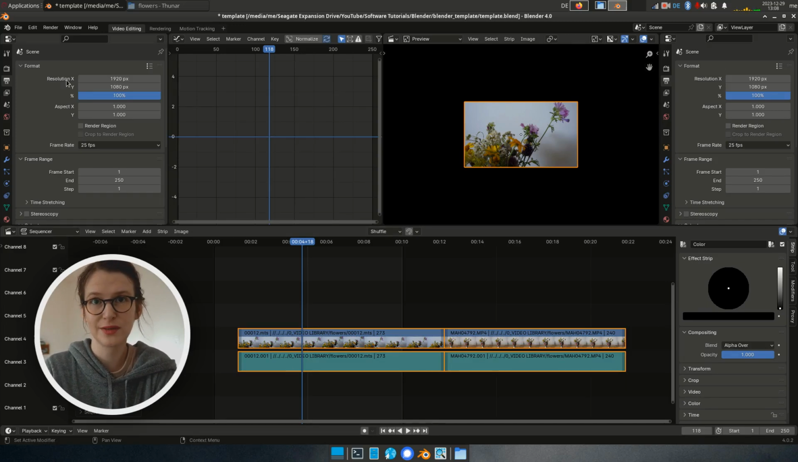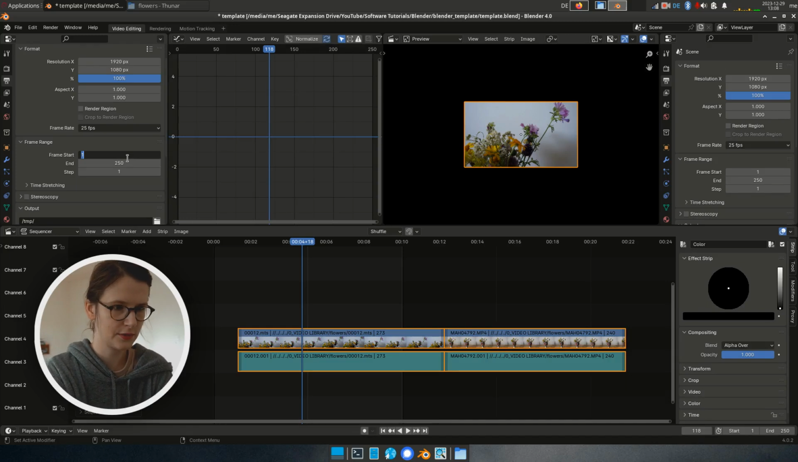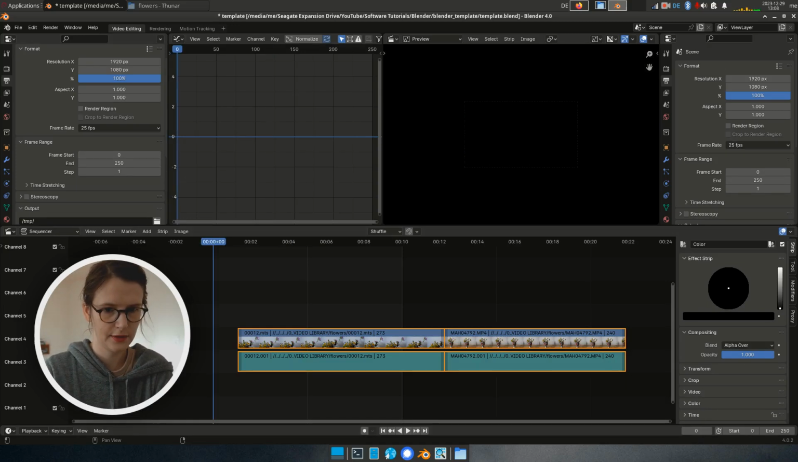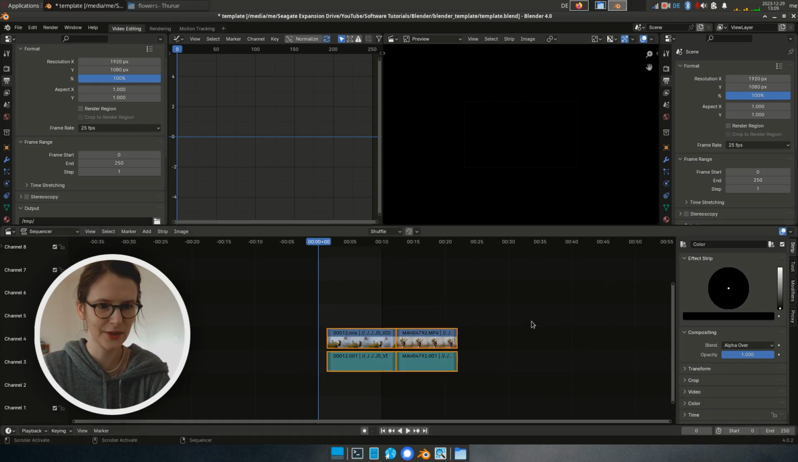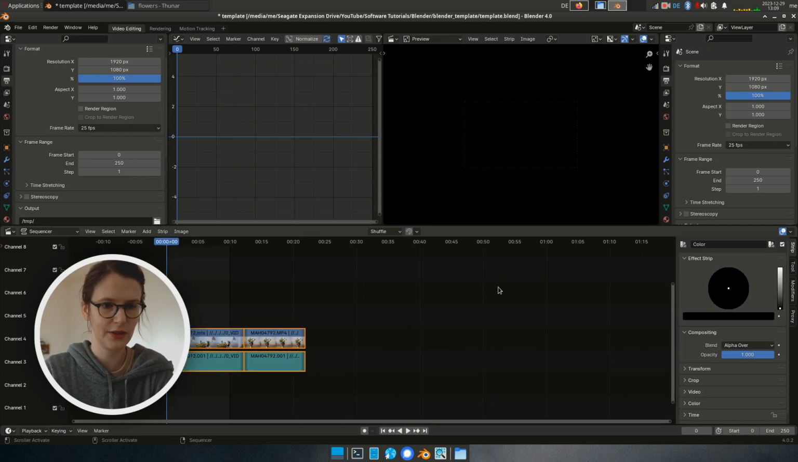First, let's optimize the render settings for YouTube. So we have 25 frames per second, which is perfect for my Sony cameras. They all have 25 frames per second, so I don't need to change anything here. Frame start, I usually choose 0, and the end frame is over here. So you see you only have 250 frames, which is 10 seconds. So we want to make longer videos, right? So what do we do? We go to an end frame where we want to go, for instance,